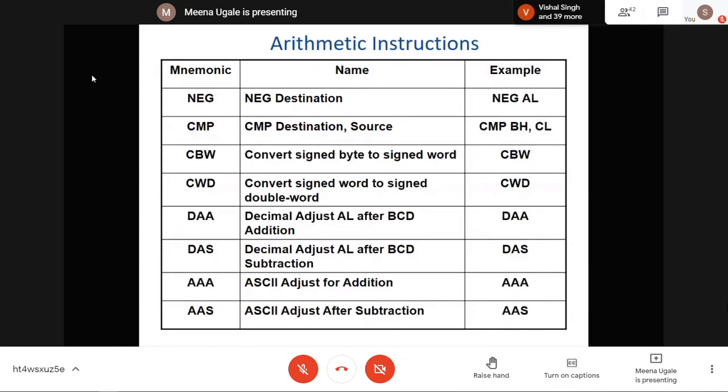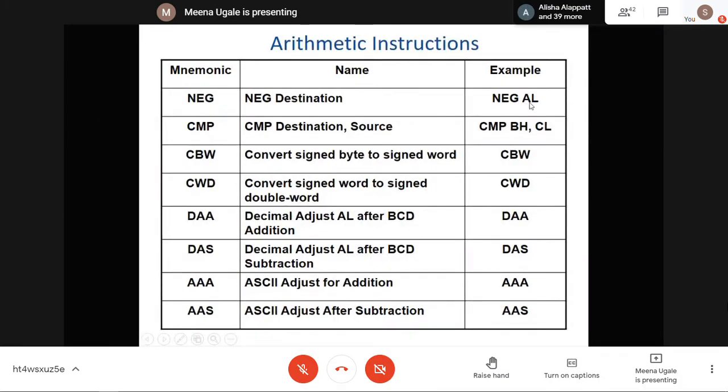See, the next instruction in your arithmetic instructions is, the first is negate, NEG. What this instruction will do is convert your destination operand into 2's complement form. So it takes the 2's complement of your destination operand. Like when I'm writing this example, NEG AL.